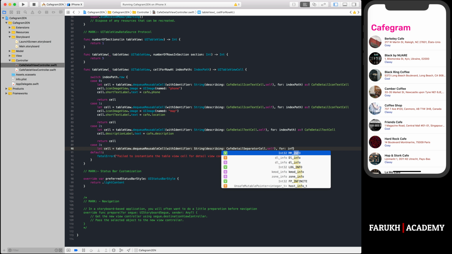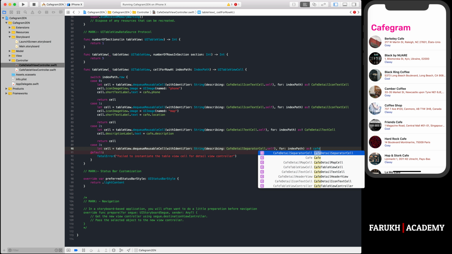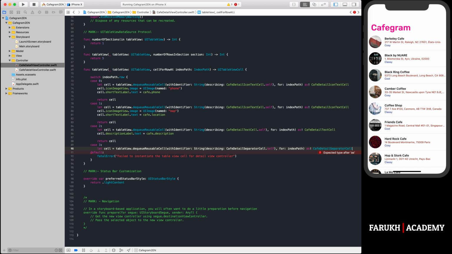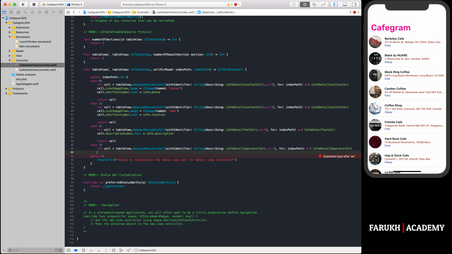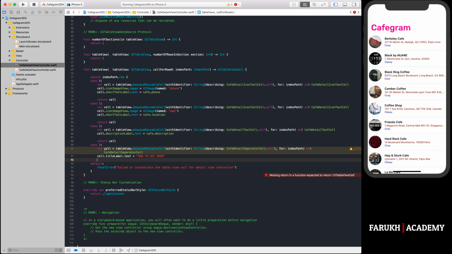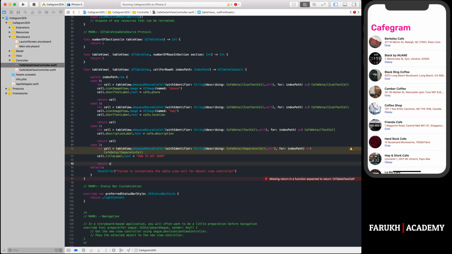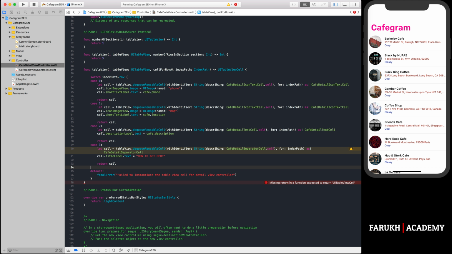for indexPath, and then as CafeDetailSeparatorCell. Okay, and now we can say cell.titleLabel.text is equal to "How to Get Here". And don't forget to return the cell at the end. Return cell, and finally case 4,